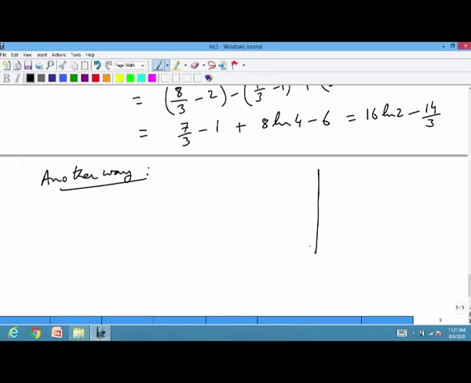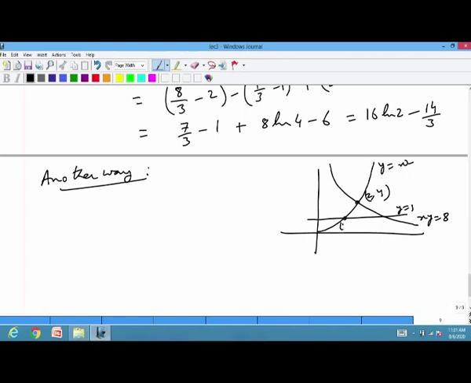Let me draw this region again. We have y equal to x square, x y equal to 8, and y equal to 1. This point is (2, 4), this is (1, 1) and this is (8, 1). Now, here you can see that this region is bounded between